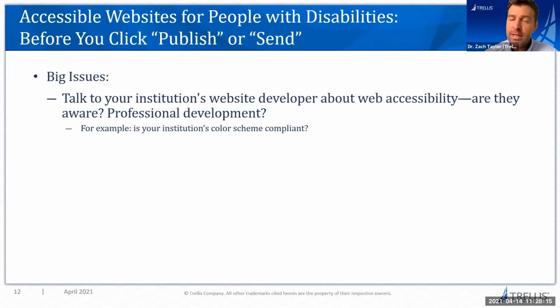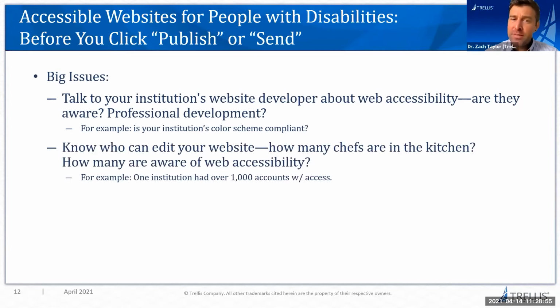Are they aware? For instance, I was working with one university whose official color scheme was a dark navy and a dark orange. Those colors are not contrastive enough, so their entire color palette was not ADA compliant. They needed to go to their web developer at the highest level and say, we need to get with marketing. We need to change the official Pantones and hex colors of our entire institution. That is a very high level discussion, has many stakeholders involved, but those are the kind of discussions that need to be had to make sure that from the top down, everyone's at least aware of the issue.